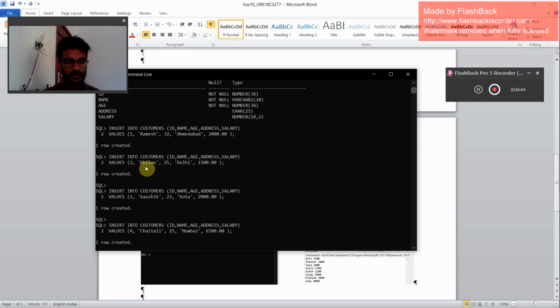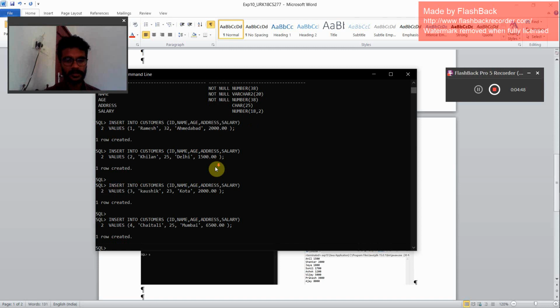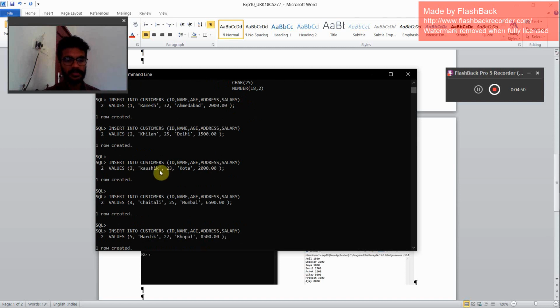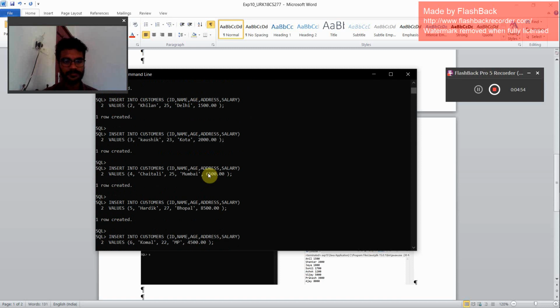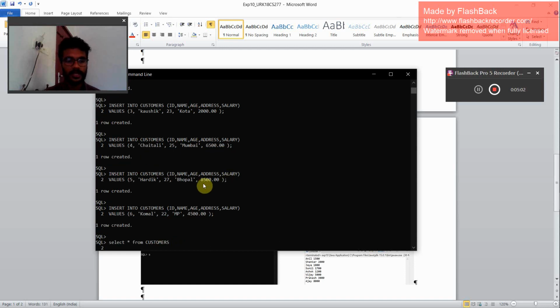The second row is Khilan, 25, Delhi, 1500.00. The third person is Kaushik, 23, Kota, 2000. The fourth one is Chaitali, 25, Mumbai, 6500. The fifth one is Hardik, 27, Bhopal, 8500.